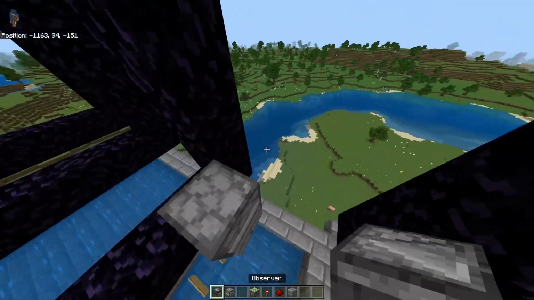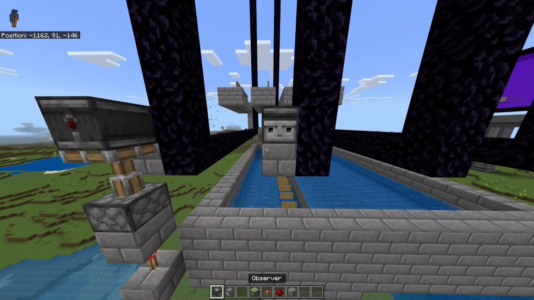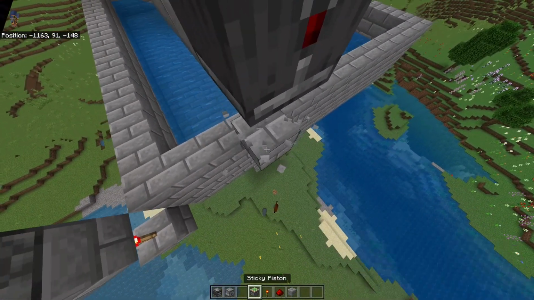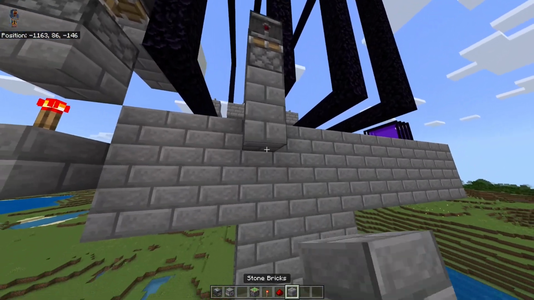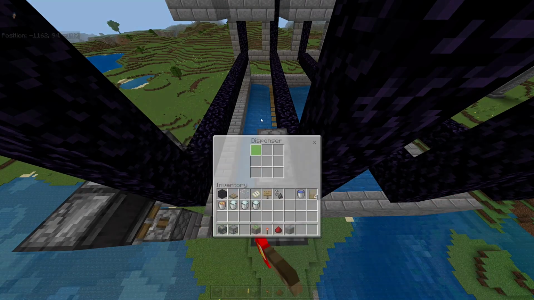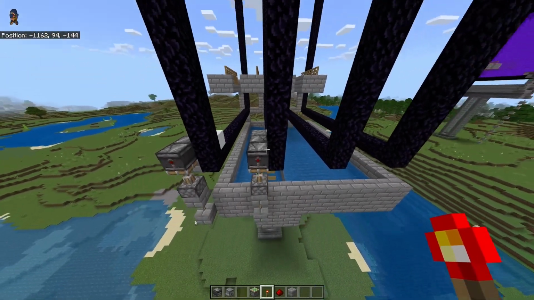You want to place an observer that faces this direction, another block, then an observer facing the opposite direction. Then 2 blocks below that observer, destroy this one right here where you want to place a sticky piston facing upwards instead. 2 more blocks below, destroy the first block and then place a redstone torch right there. Now finally place in your powder snow bucket, put it in the dispenser